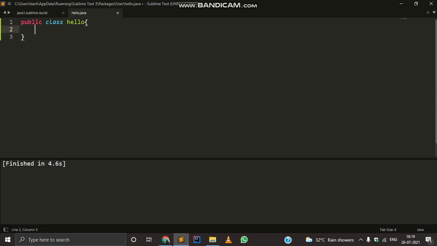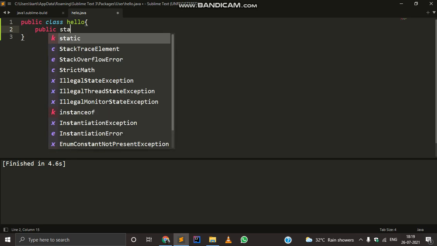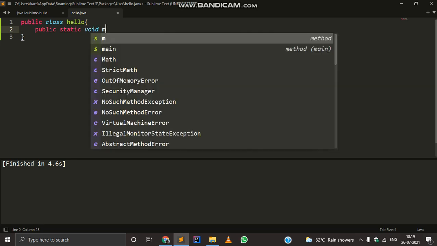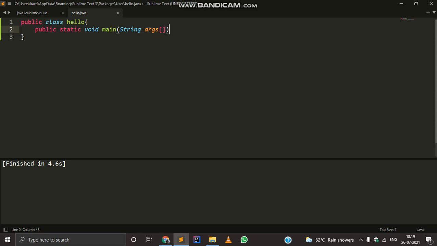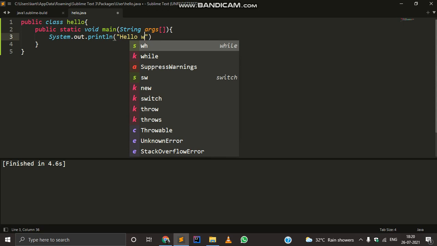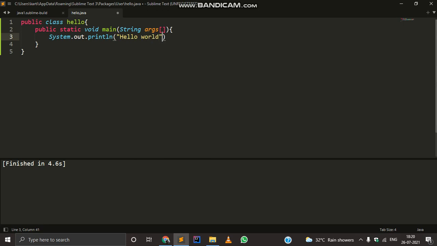Now I will add the main method of Java, public static void main. I will simply print hello world. Now press Ctrl plus B.